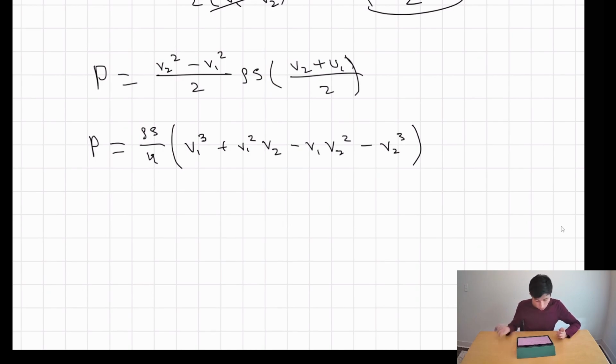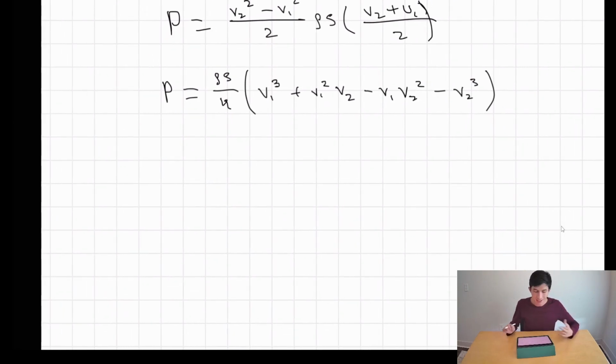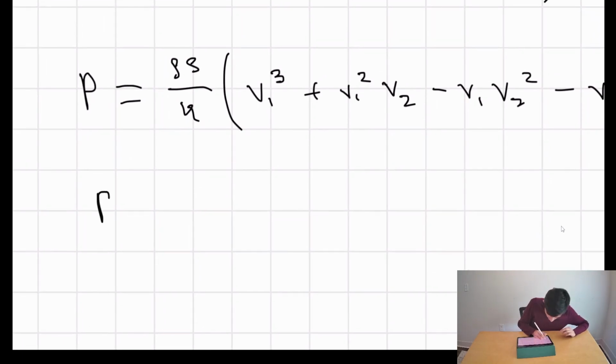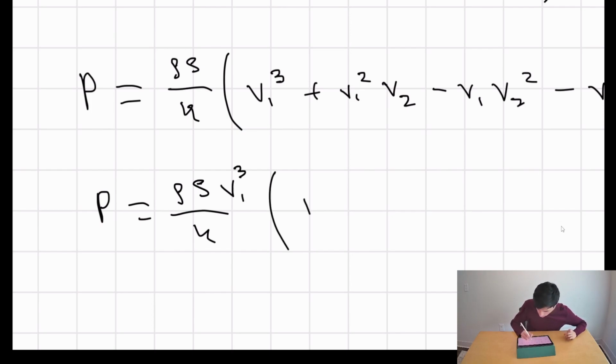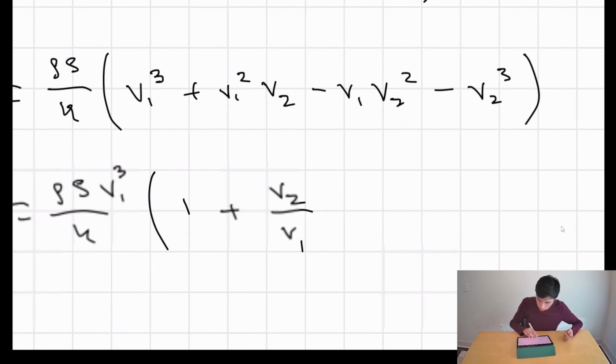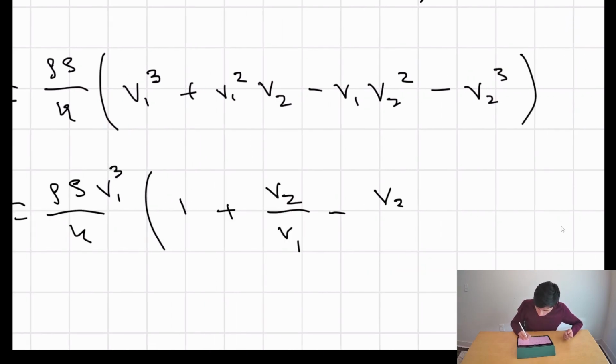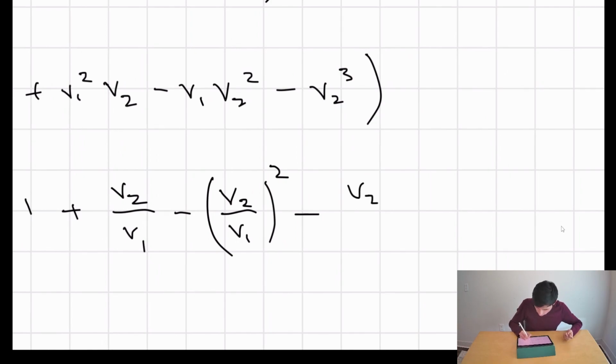Okay, what we can do now is get velocity cubed outside of the parentheses, so we can factorize it. So what we're going to have then is rho s over 4 velocity 1 cubed, right? It's going to be 1 plus, so velocity and velocity squared and velocity cubed are going to be cancelled, so velocity 2 over velocity 1 minus velocity 2 squared. Okay, it's going to be this, right? Minus, so we're just going to have to,